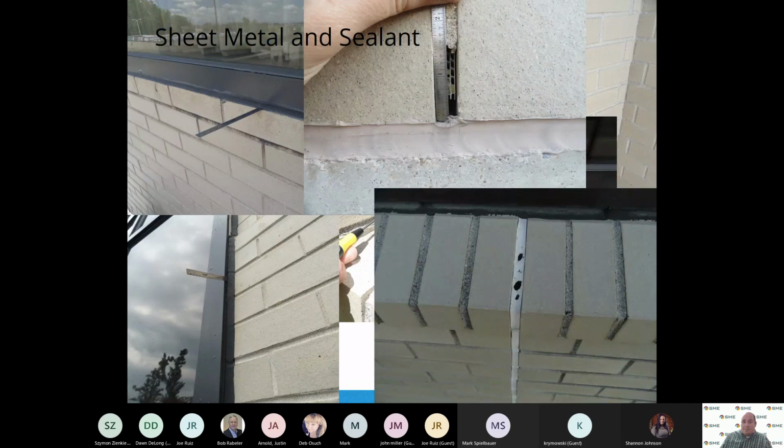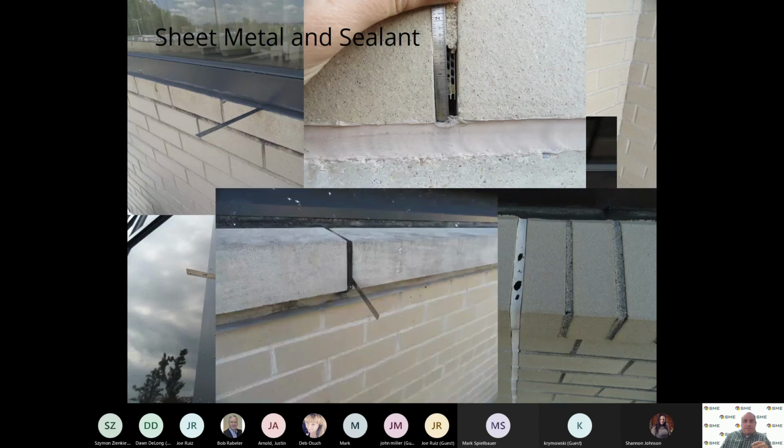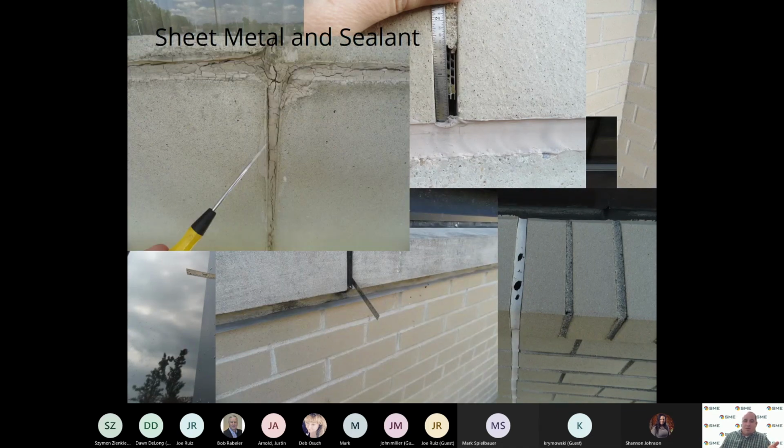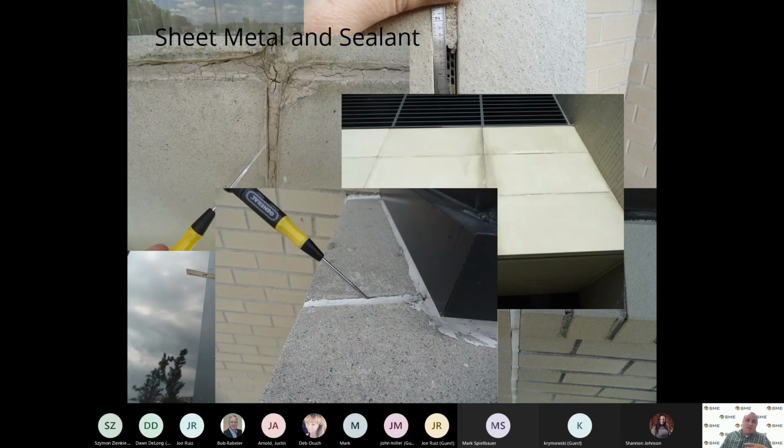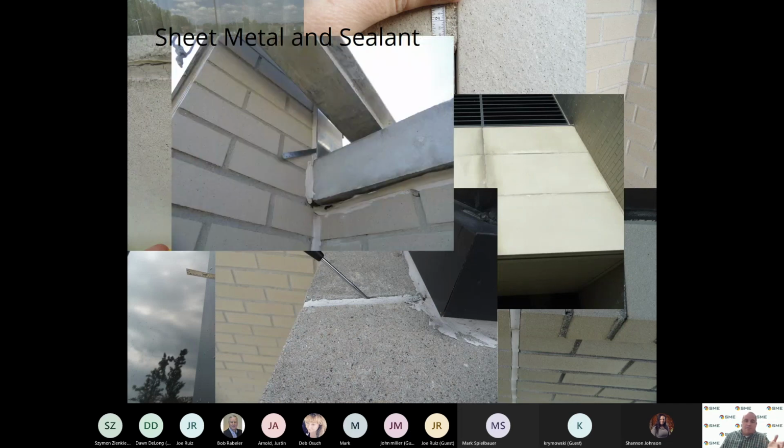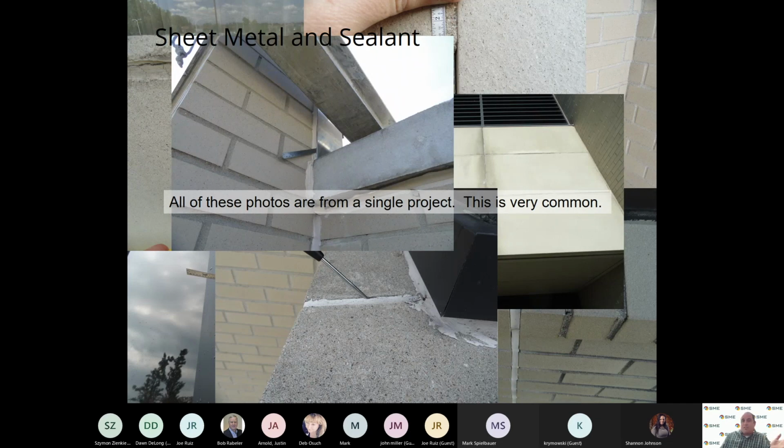This sealant was attacked by birds because they like the feeling of it in their beaks. This sealant was applied too thick and without the right primer. This sealant was a multi-component sealant that was poorly mixed and stained these joints. This sealant was applied without the right primer, and this sealant was also applied without the right primer. All these photos are from a single project. This is so common. We have to stop relying on sealant as a method of waterproofing because it is just